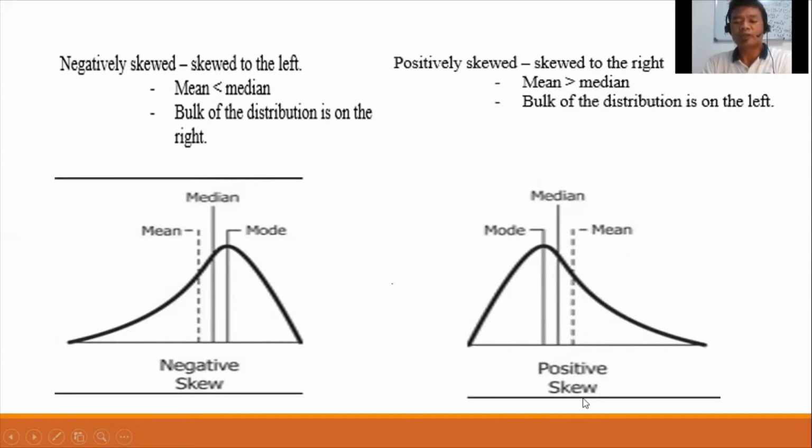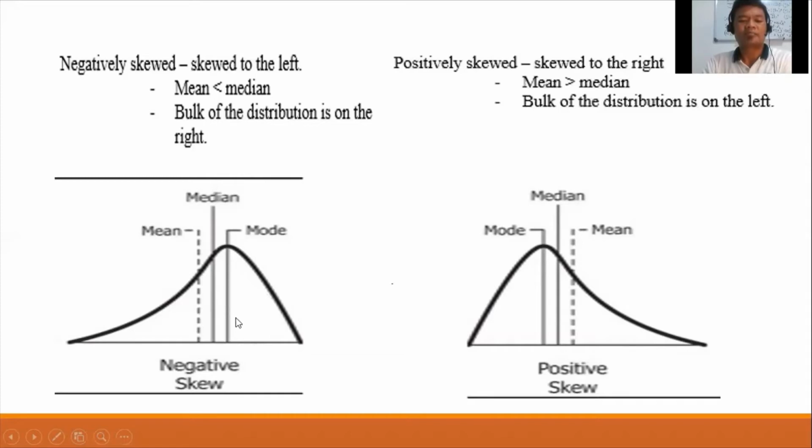Again, suppose this is 100 measurements or 100 data, then we can say that 60% of the data are found below the mean, and 40% of the data or the scores are found above the mean. Suppose this refers to the performance of students in a major exam. So the negatively skewed